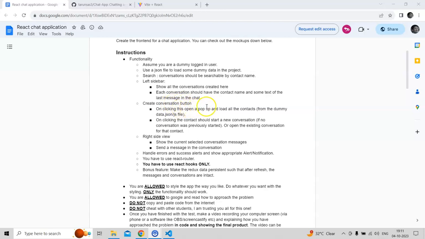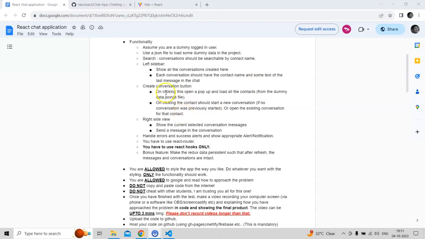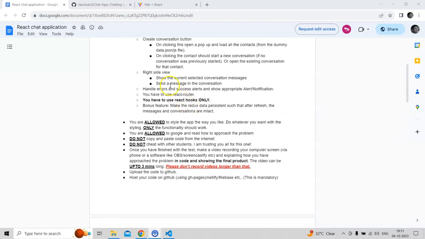On clicking this, open a pop-up and load all the contacts. So once we click this button, we should be able to view all the contacts. Clicking the contact should start a new conversation, or open an existing conversation if there is one. Okay, that's noted. On the right side, you need to have the current selected conversation and you should be able to